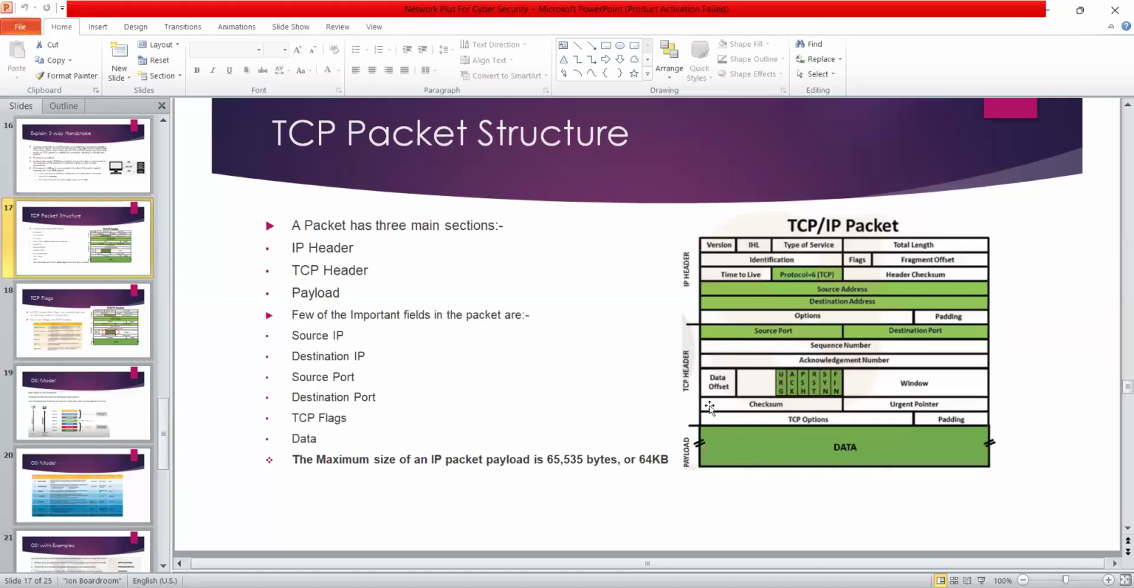Then the checksum, again, it is for error-free delivery. So we are using the checksum, and the urgent pointer. There is also padding. The urgent pointer is used whenever there is a lot of queue. If you are transmitting data and the traffic is busy, and there is something that we urgently require to share,